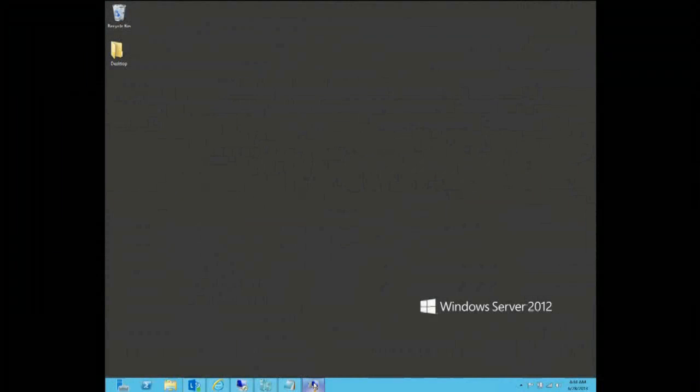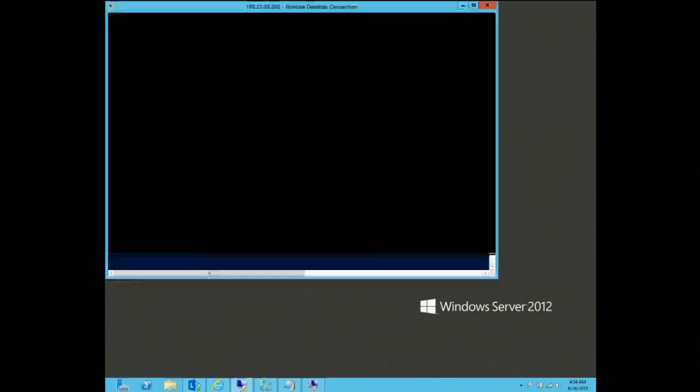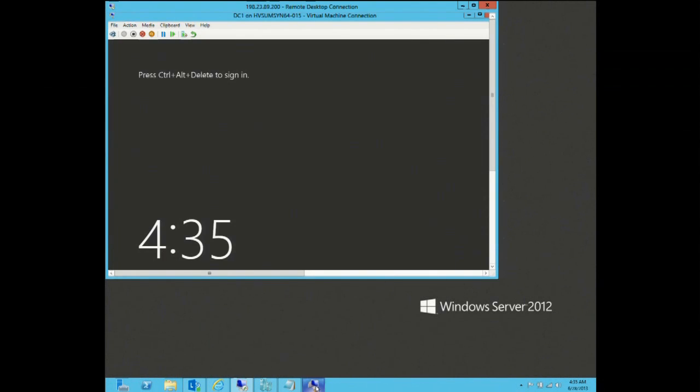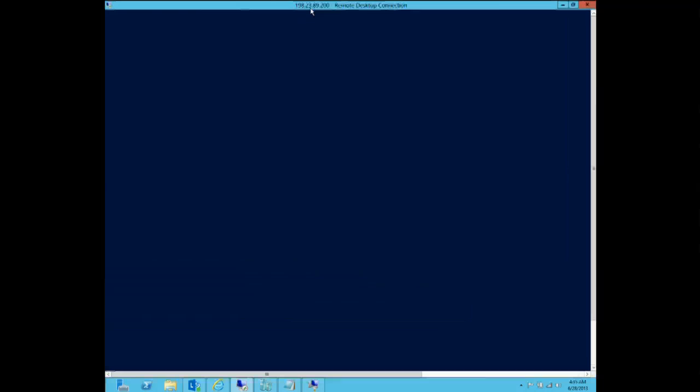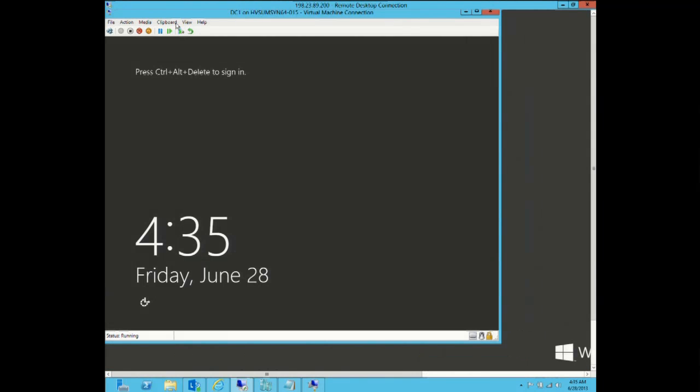We're going to take a look at some of the configurations that are required to make this possible. So I'm going to show you two processes here. I'm going to remote to my system. See if I can get to it here. There it is.